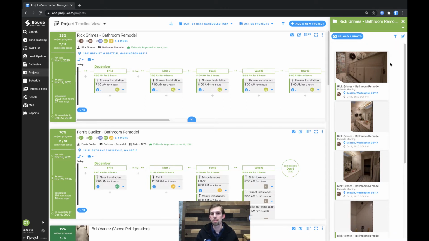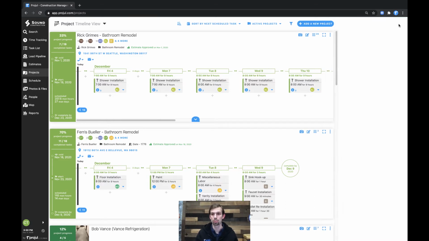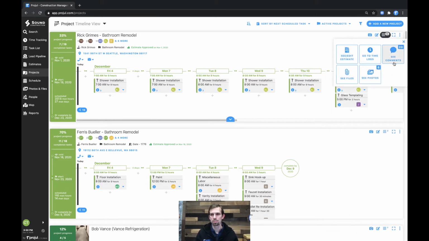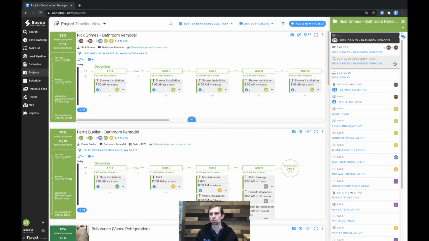So all that's automatically done for you. The tagging is just a little bit more finite organization for your team. And then finally, just to mention the comment section, this is super useful for communicating with your team. There's a lot going on here, but what's really awesome is you'll be able to see the all section is